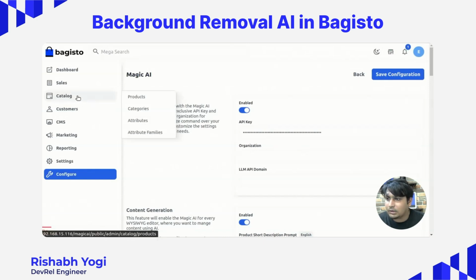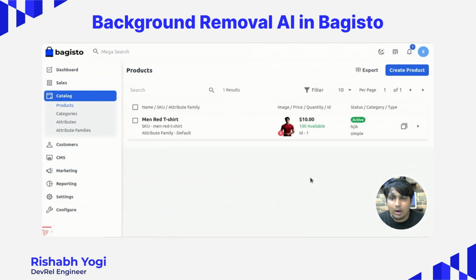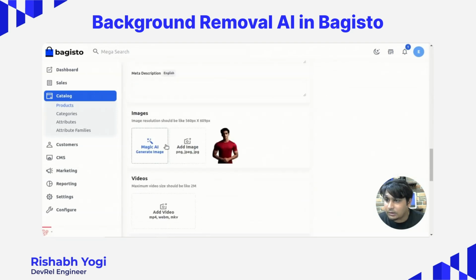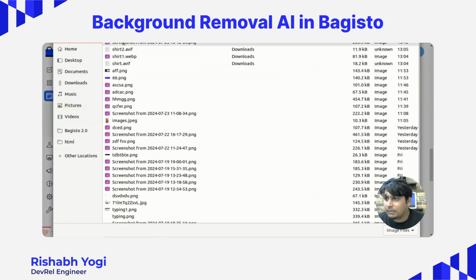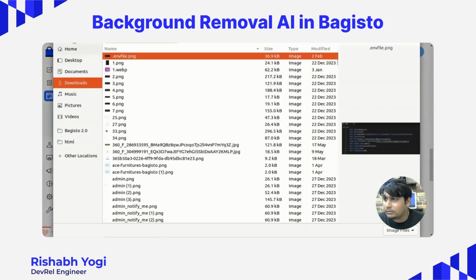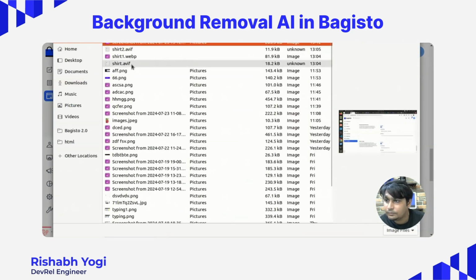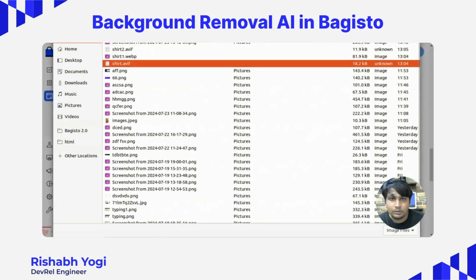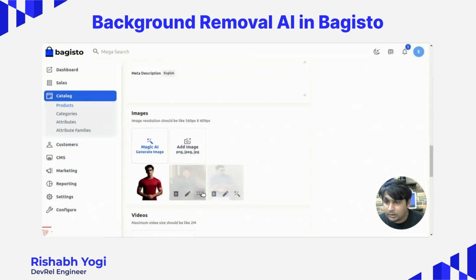So go into Catalog, Products. We are going to upload an image of a product and we will remove the background of that product. So from here we can upload an image. I am choosing one image like this shirt, and alright. So by clicking on this Remove Background,